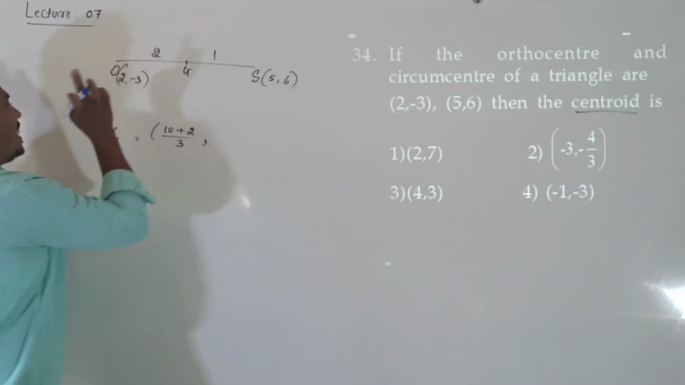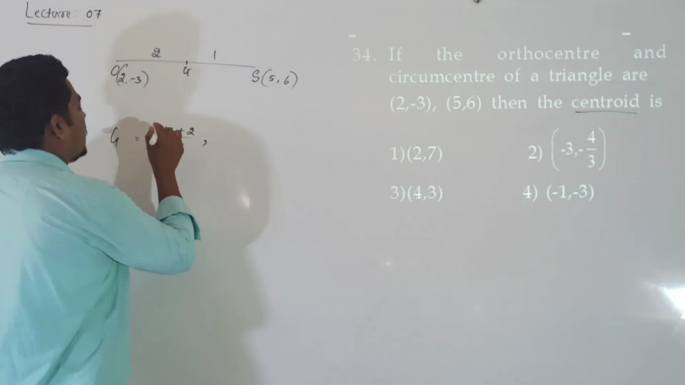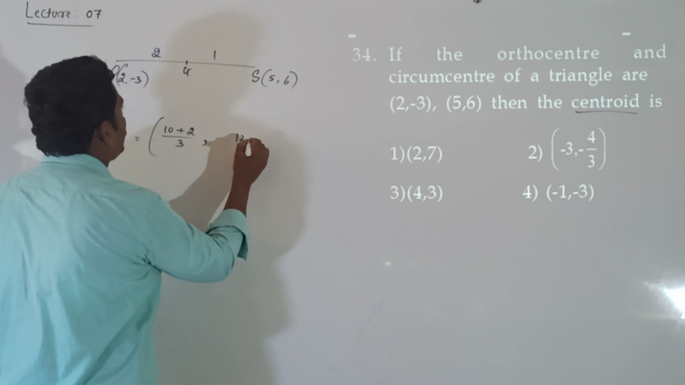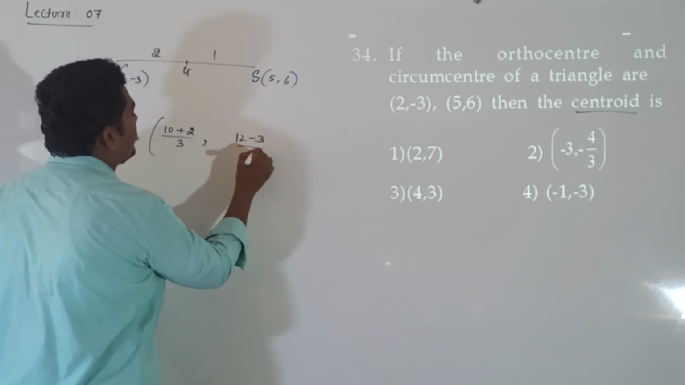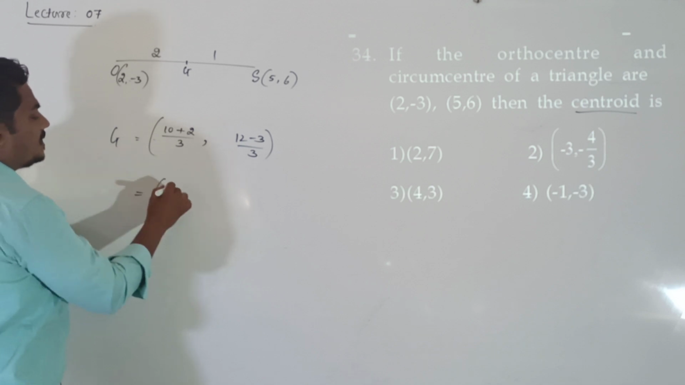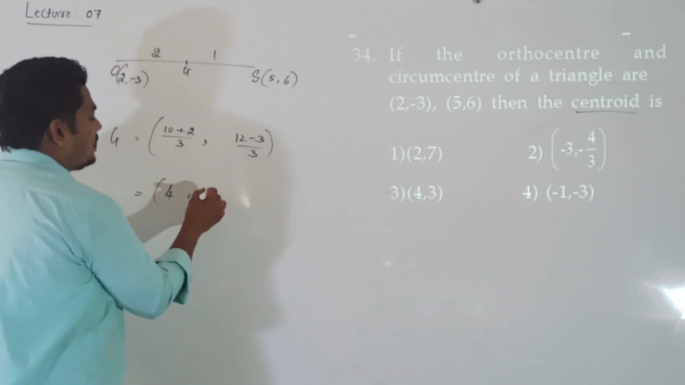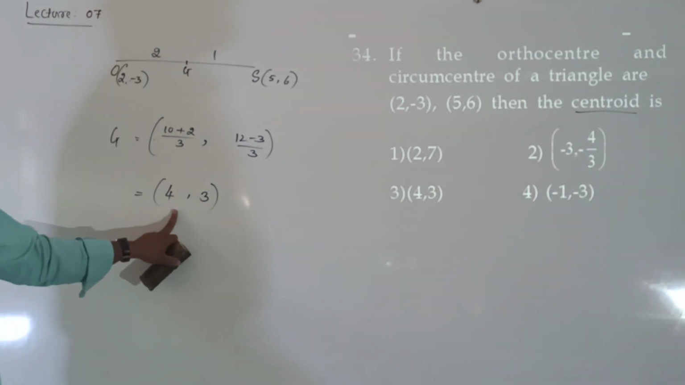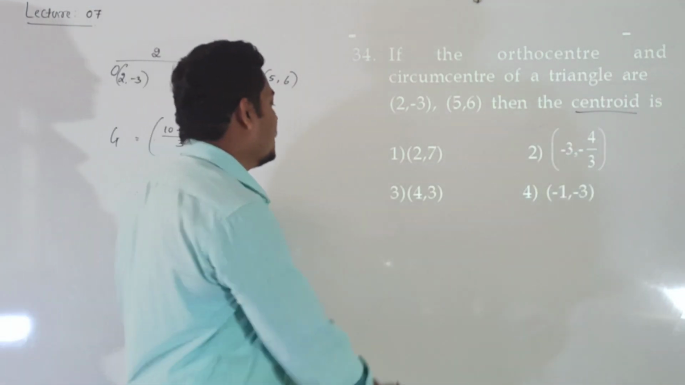mx2 plus nx1. Similarly, y coordinate: my2 minus 3 divided by 3, that's equal to 12 divided by 3, that is 4. 9 divided by 3, that is 3. 4 comma 3 is the centroid, that is the third option,